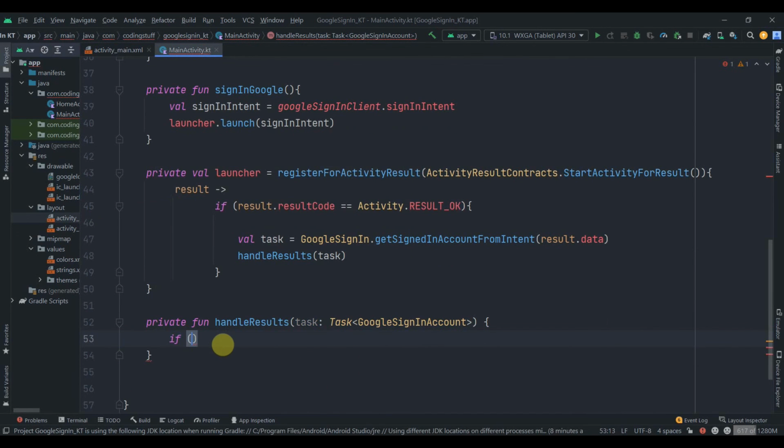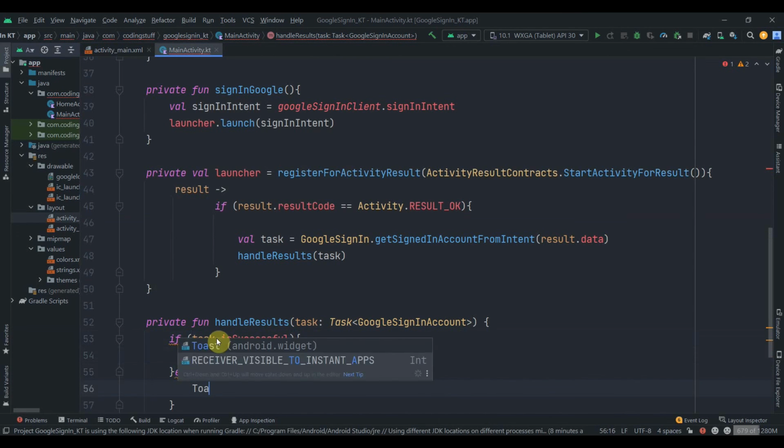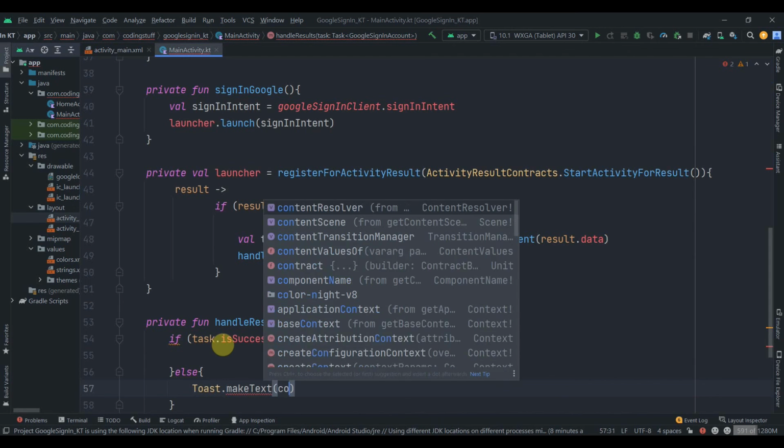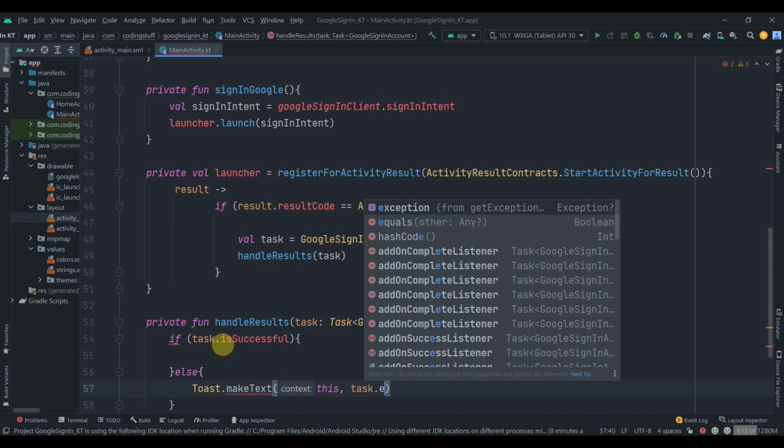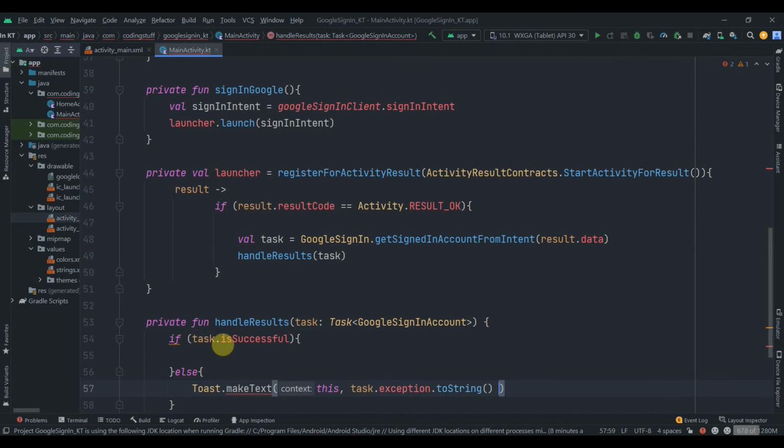Then we can check if the task is successful, else we'll display the Toast.makeText. We'll pass in this as a context, and task.exception.toString, then the toast length,